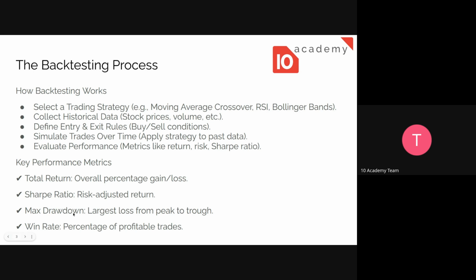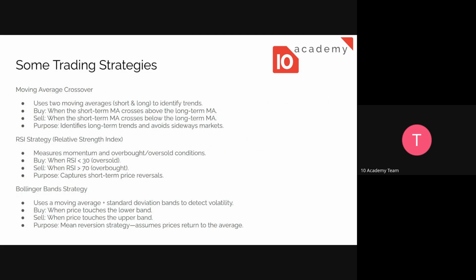And max drawdown means the largest loss from peak to trough. That means the largest drop on that implementation. We will see it on the graph later. Win rate: what is the percentage of profitable trades? How many trades will there be? We will see it. Some trading strategies that we are going to see next in our demo are moving average,